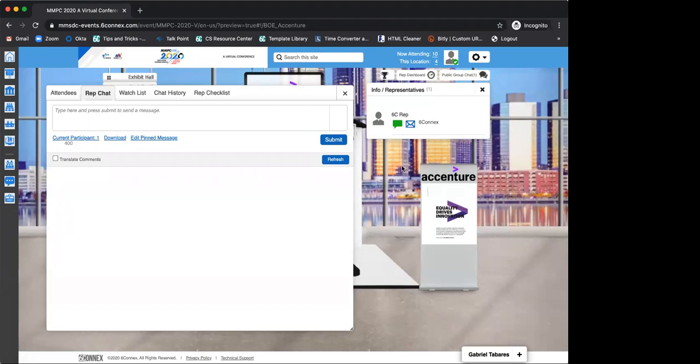So they are going to see a list in here. That list, by the way, for them, and also you will see that, it's in alphabetical order. But if one of the reps is offline, that person will go to the bottom of the list. So the ones that are online are going to appear at the top, and the ones that are offline are going to start appearing at the bottom. If all of you are connected, then it's going to be in alphabetical order.